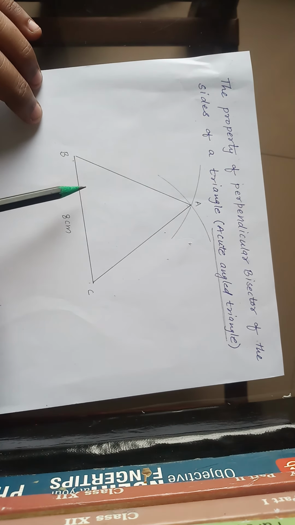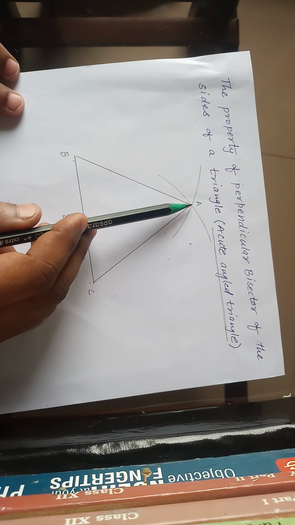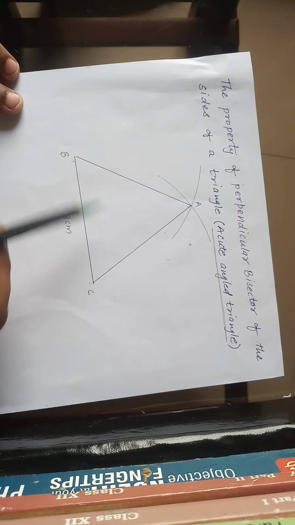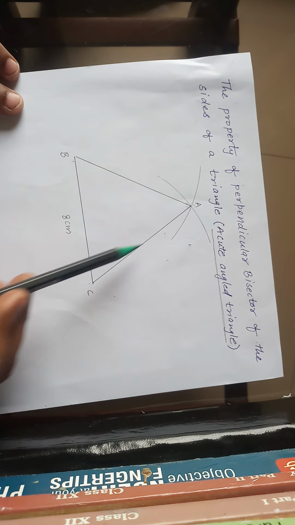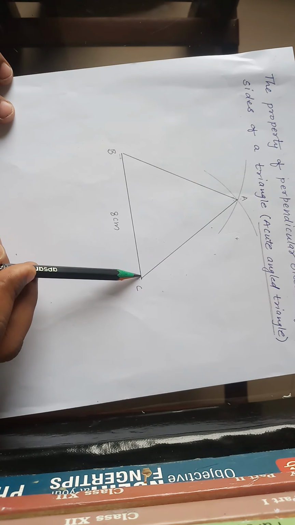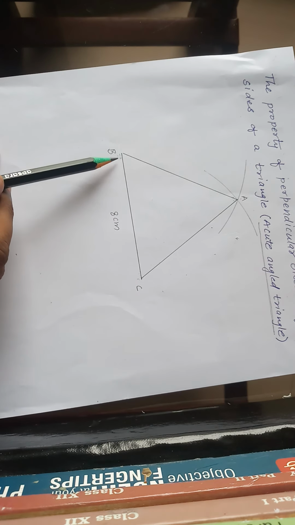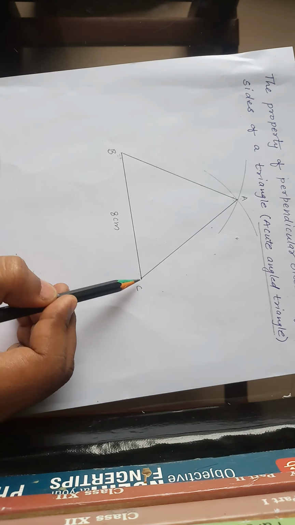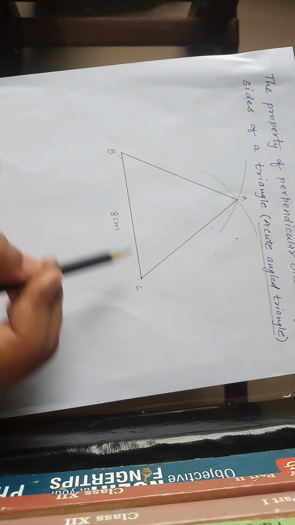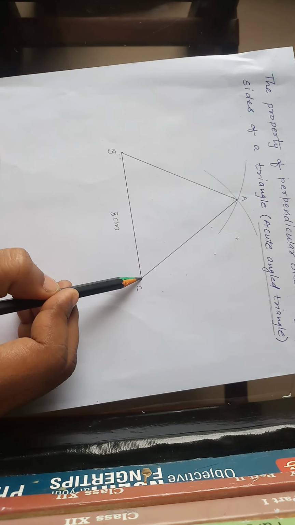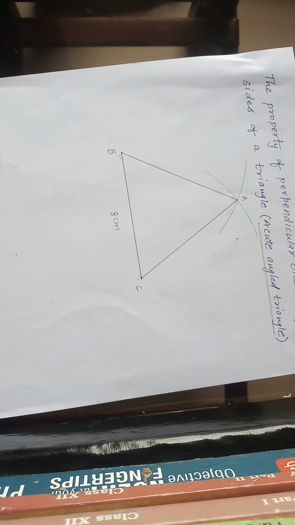To get the bisector of sides of the triangle, we have to bisect all the three sides, that is side BC, side AB, side AC. So to begin with, first we will take side BC. We will bisect side BC. Now to bisect a side, you have to choose the two end points of the line segment, and from those two end points you will draw the arc up and down.